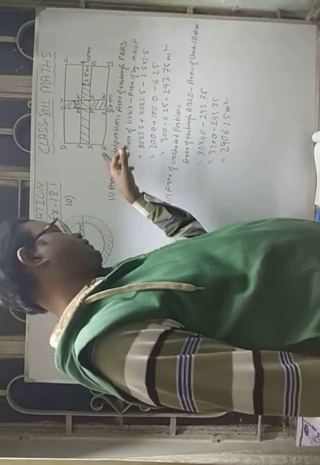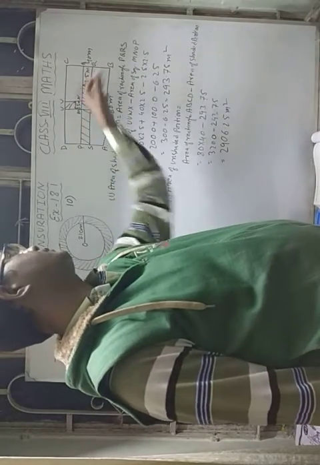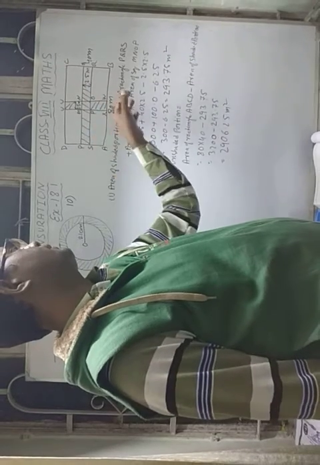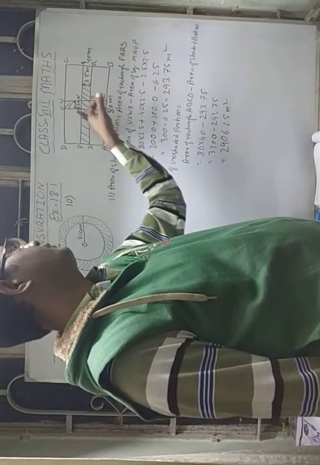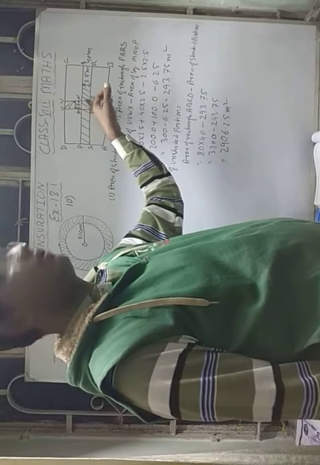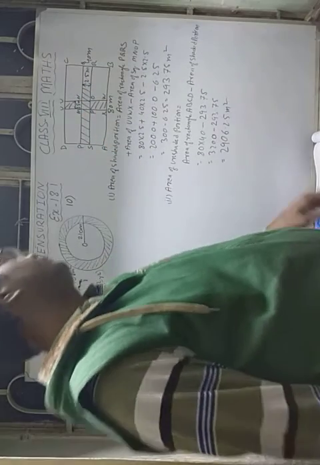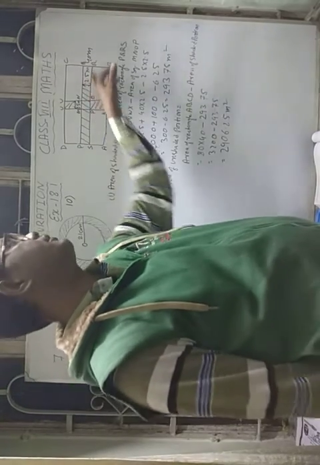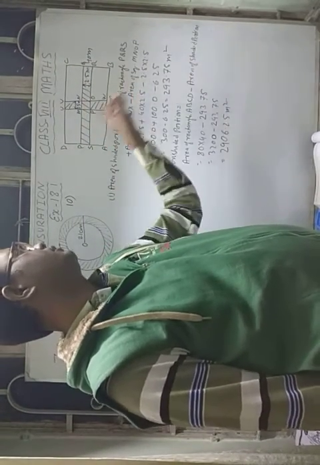The total area of the rectangular garden is ABCD, and the first horizontal path I have taken PQRS, and the vertical path I have taken UVWX, and the path in between, the cross path or the area of the cross section, is MNOP. Now when you need to find the area of the shaded portion, that means you have to find the horizontal path and the vertical path. You add them, you will get the area.